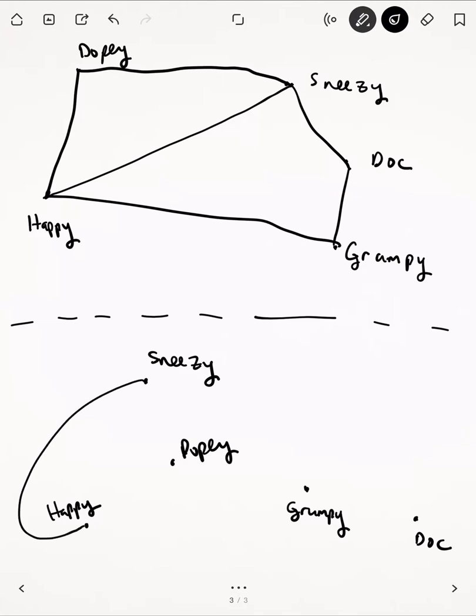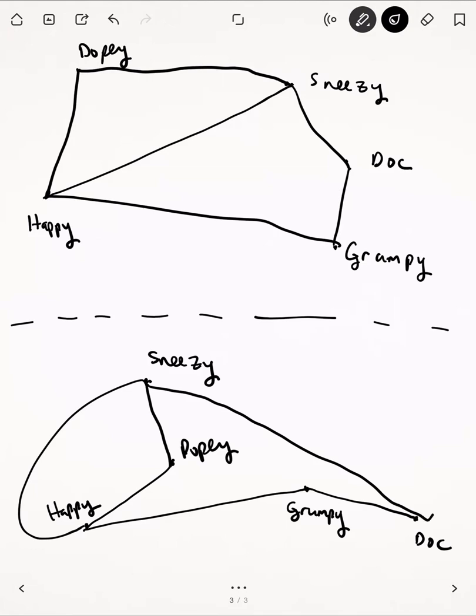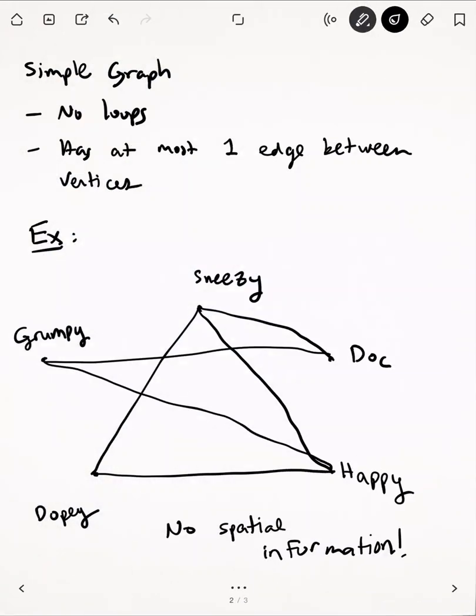That's an edge between Sneezy and Happy, and then Sneezy and Dopey, and then Dopey and Happy, and then Happy also talked with Grumpy. Grumpy talked with Doc. Sneezy talked with Doc. Okay. So these two graphs here and the graph I drew on the previous page all contain the exact same